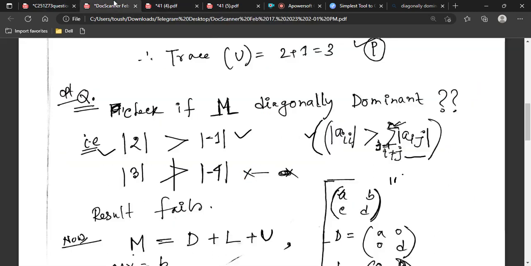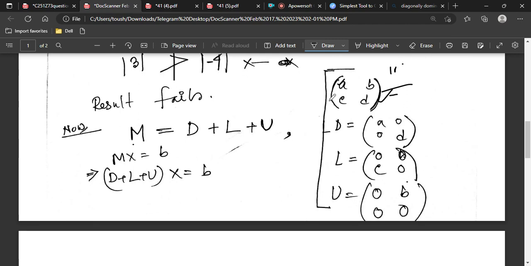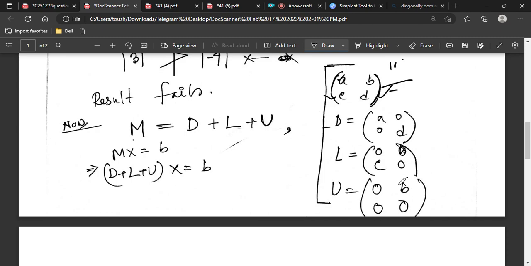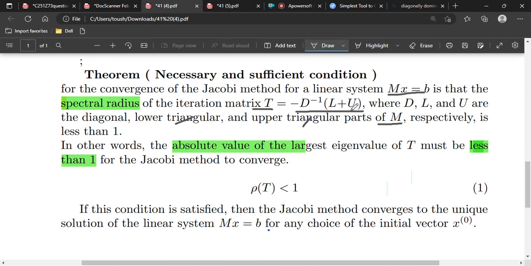Do you know what that means? That means if your matrix is this, suppose this is M, then your D will be only the diagonal elements of this matrix, that is A and D. The rest of the elements are 0. L is the lower component only, that is here C, and U is the upper component only, and the rest of the elements are 0. So like this you have to take D, L and U. So if this iteration matrix T is like this,